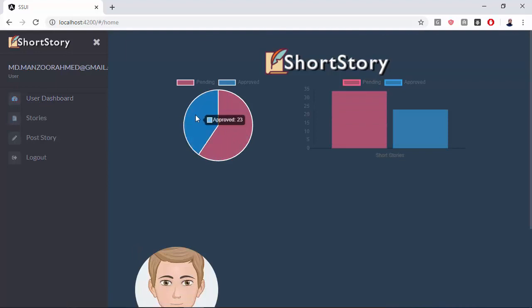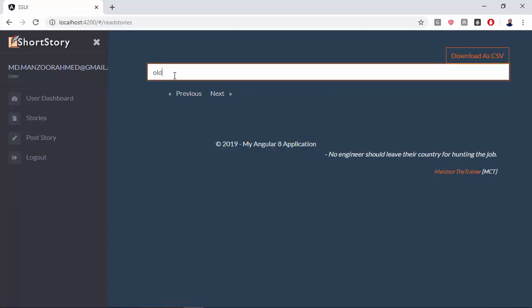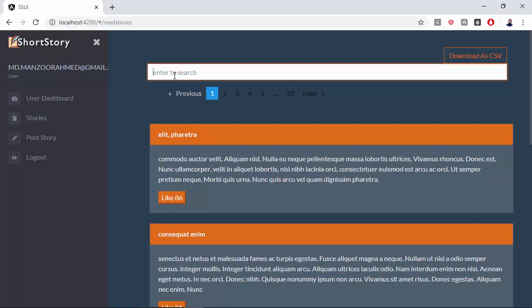Now this user has 23 approved and 34 pending stories. So this information is related to this particular user. If this user wants, they can go to the stories and search any story. This user can see whether his story got approved, so it is not. Now